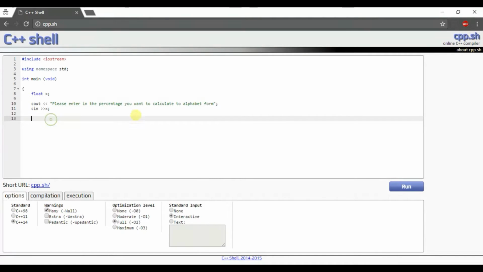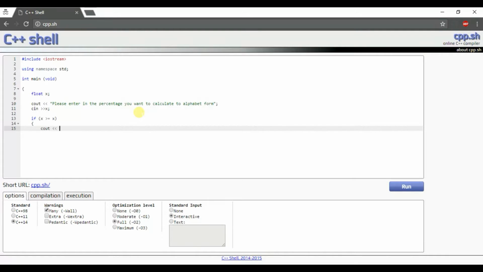So let's start off with our if statement. If x is larger than or equal to the value of x, then curly braces begins,